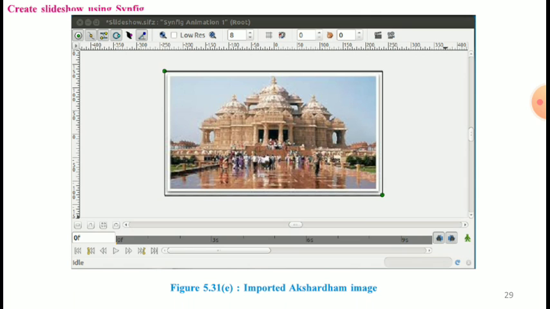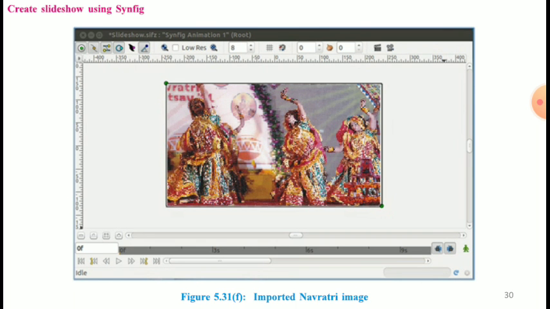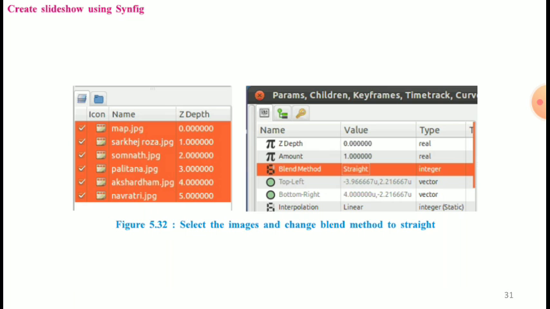Then figure 5.31e is the imported Akshardham image. And figure 5.31f, imported Navratri images. Okay, so 1, 2, 3, 4, 5 and 6 images are inserted.